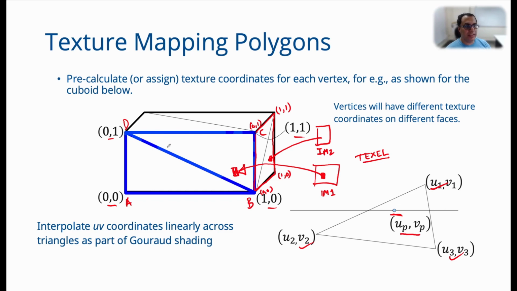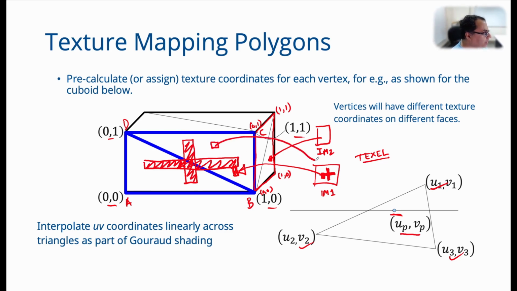So imagine that on this surface of the cuboid, you are texture mapping an image that has, say, a red cross. So you might find that this maps like this. So a particular pixel on your final render got its color from some texel on the image. It's a pixel on your render and it's a texel on your texture map. I hope this nomenclature is clear.